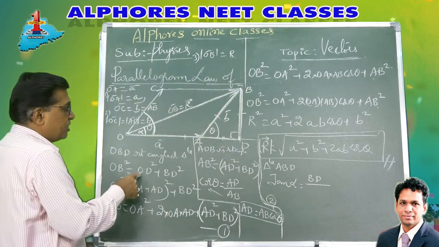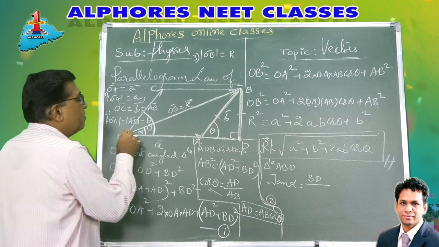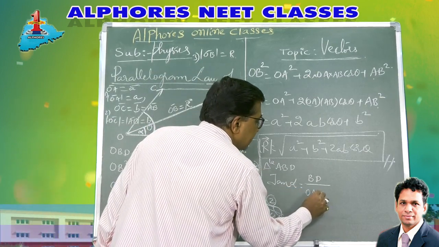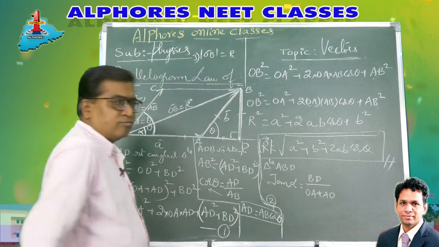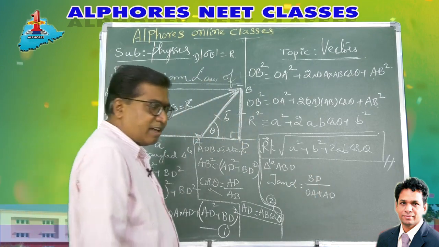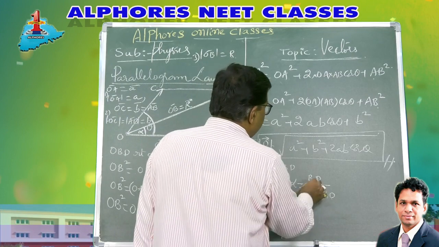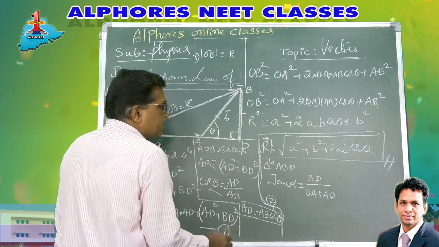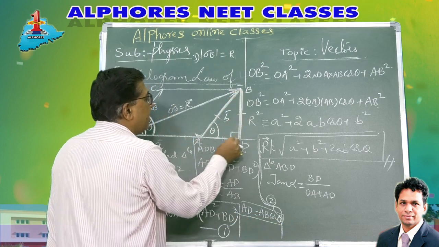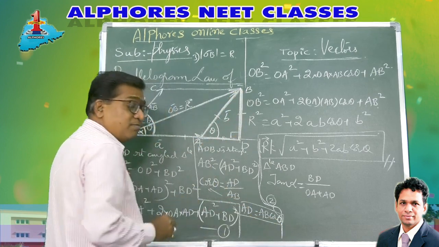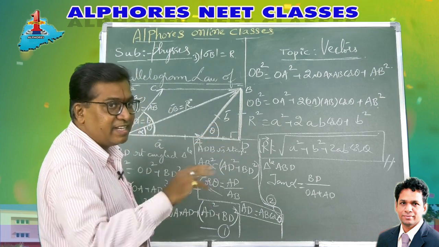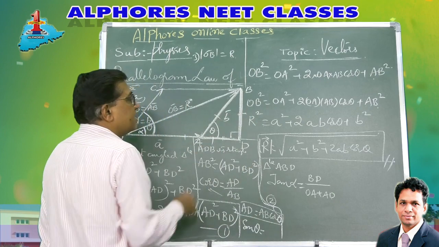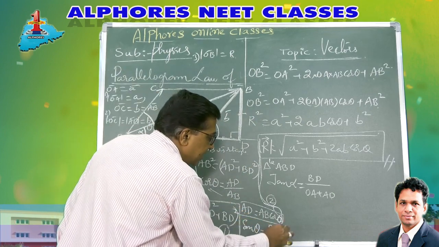But we have substituted OD as OA plus AD. So the direction of the resultant is obtained by tan alpha equals BD by OA plus AD. Well, AD I have already got as AB cos theta from this right angle triangle ABD. Now in that triangle take sin theta. If I consider sin theta, now look, what is sin? Opposite by hypotenuse. It is BD by AB.